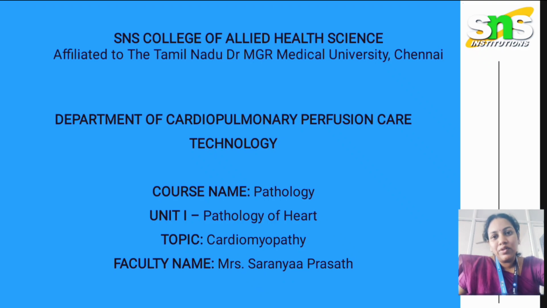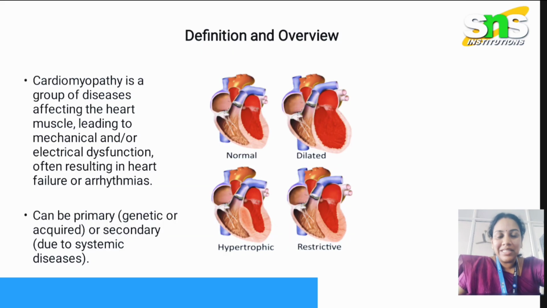Today we are going to see about cardiomyopathy. It is a very interesting topic which comes under pathology. So what is cardiomyopathy? Cardiomyopathy is a group of diseases affecting the heart muscles, leading to mechanical and electrical dysfunction, which often results in heart failure and arrhythmias. This can have a genetic cause as a major reason, and secondary reasons such as systemic autoimmune disorders can